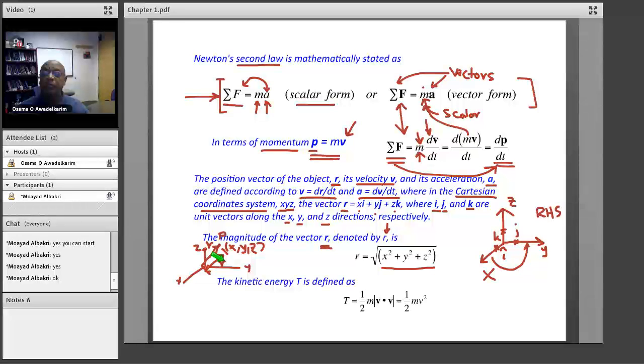What else do we know from classical mechanics? We know kinetic energy. Kinetic energy is the amount of motion energy, if you like, in a moving object. And this kinetic energy depends on the mass of the object, but it also depends